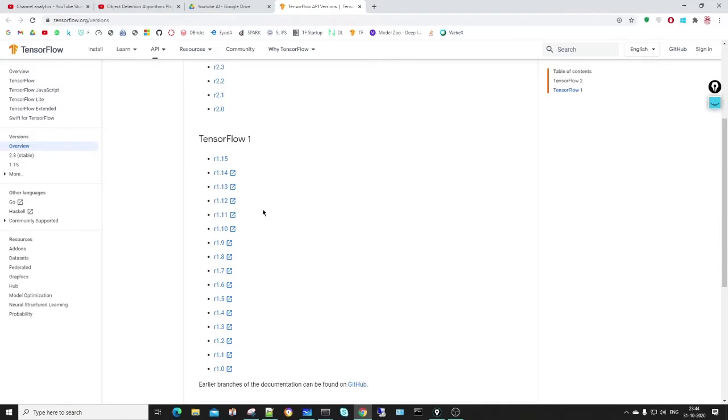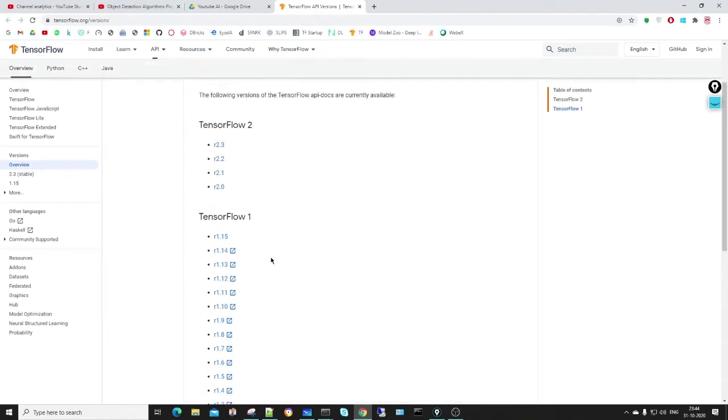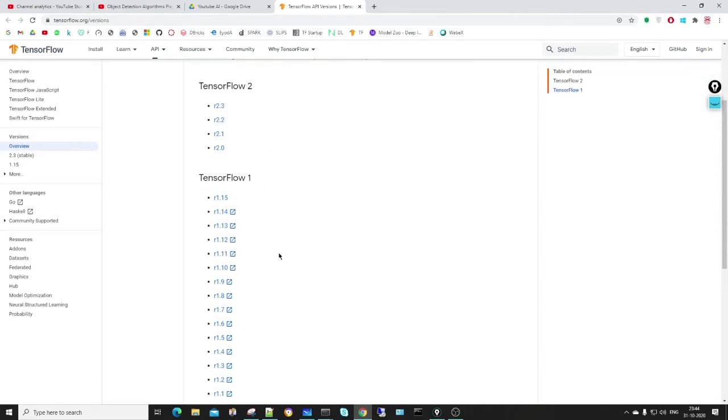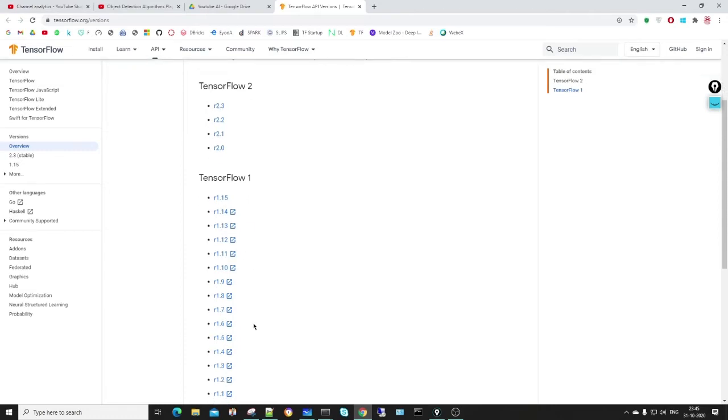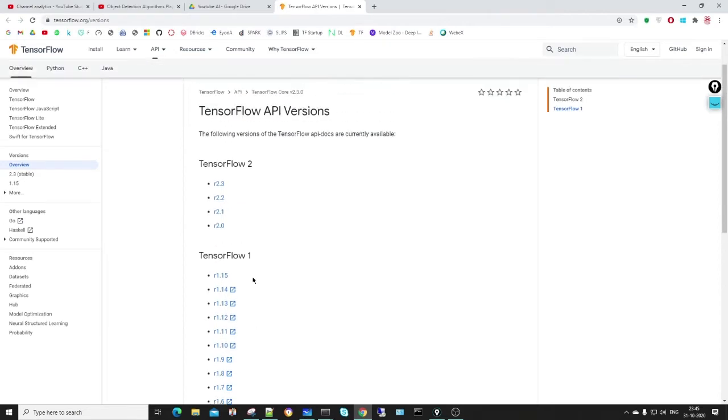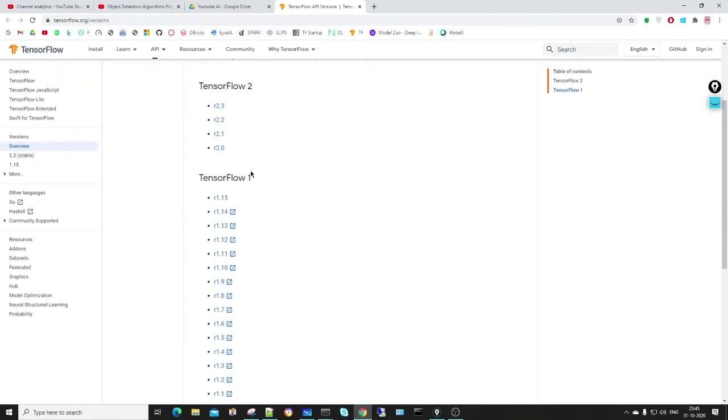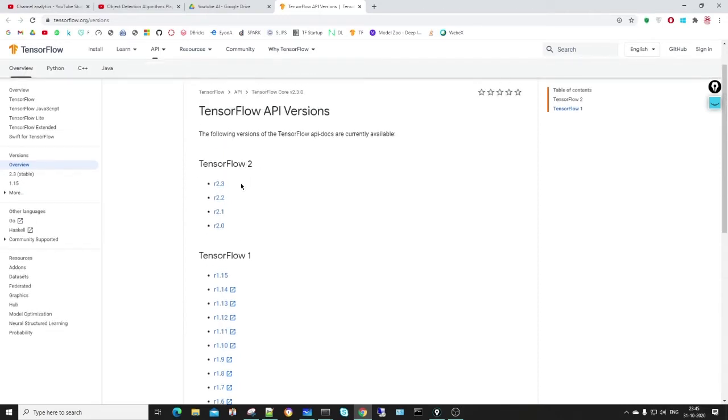Version 1 needed more steps to run our program, as in version 1 we need to create sessions, and on the basis of the session we can compute the result. But compared to version 1, version 2 is much simpler. It is much easier to start object detection. First of all, we should know the version on which we are working. As of now, most organizations are working on version 2.x, but some are still working on the older version. In a nutshell, everyone is looking to migrate to the latest TensorFlow because it is much easier compared to TensorFlow 1. In my personal opinion, you should start with TensorFlow 2.x because it is easier.